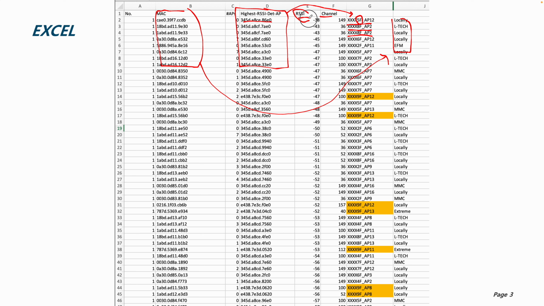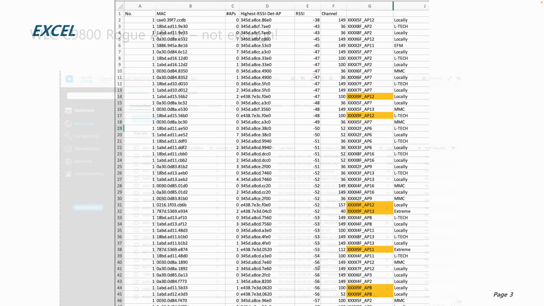Also, RSSI is very important. As you know, if RSSI is over -80, it's weak, which is not near. But -38, -33, -35, -50, and so on, it means it's very near, and it makes interference. So